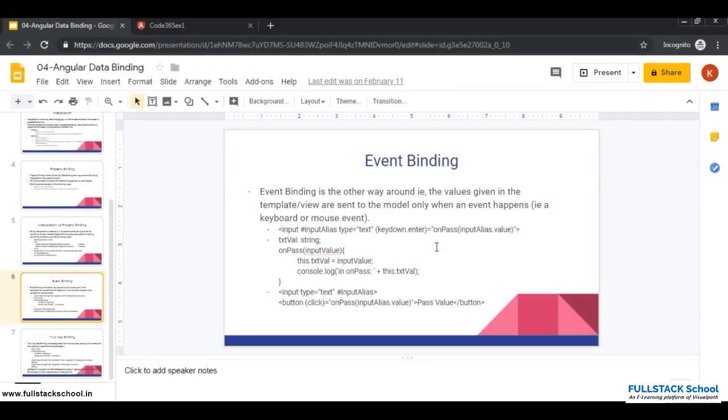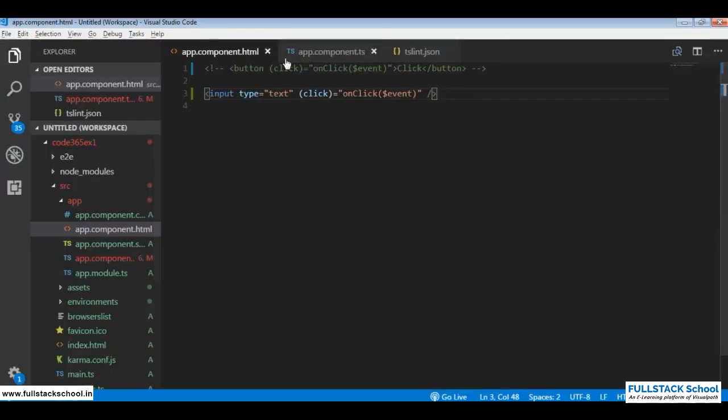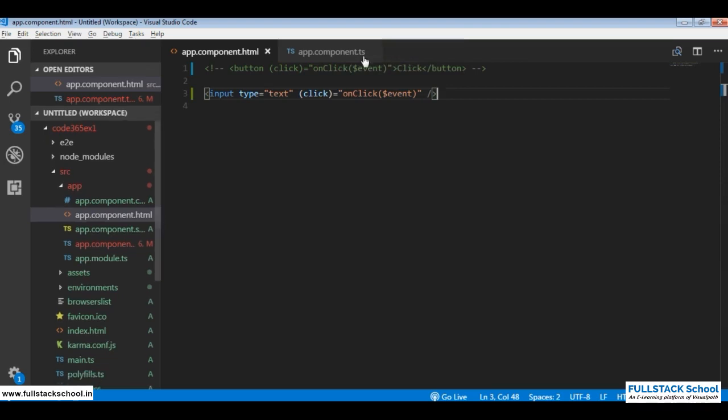So till now we saw different types of binding like string interpolation, property binding, and recently we saw event binding. All these are one-way data binding, either from TypeScript to HTML or from HTML to TypeScript. But we also have two-way data binding. Like, to continue with the last example wherein we had this text box, and while typing